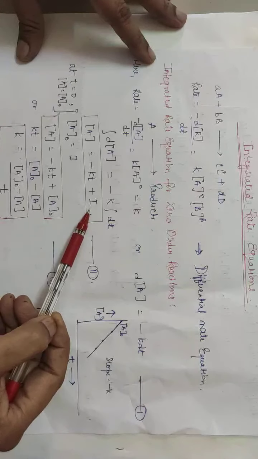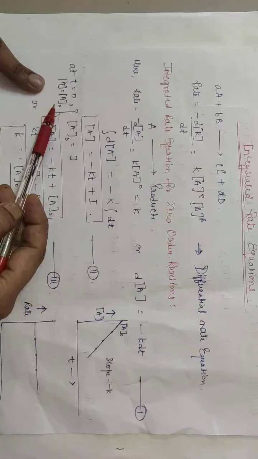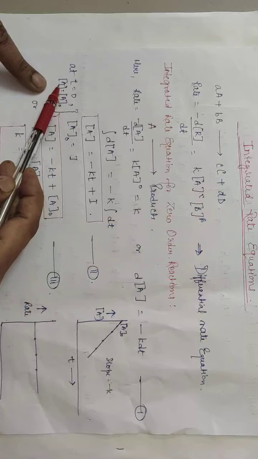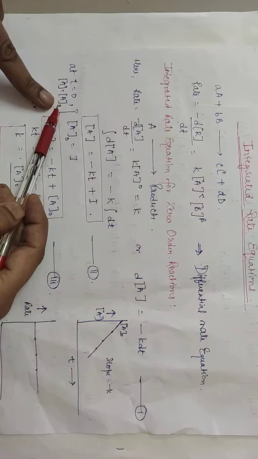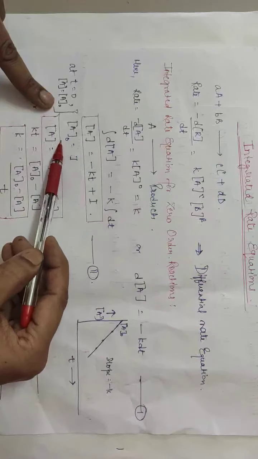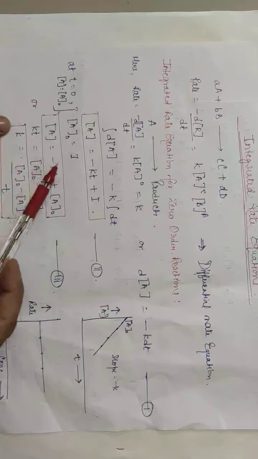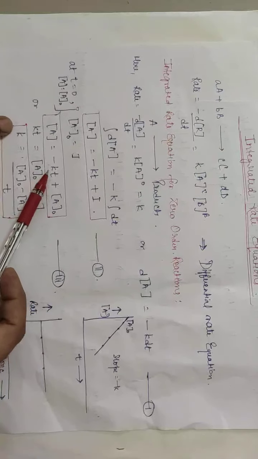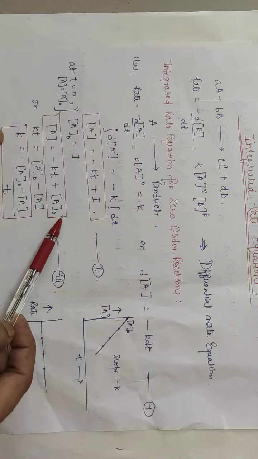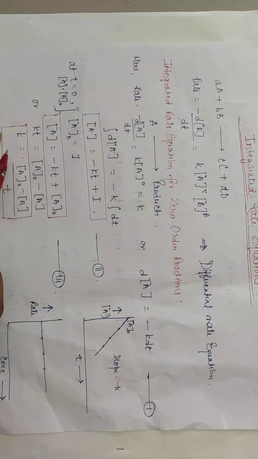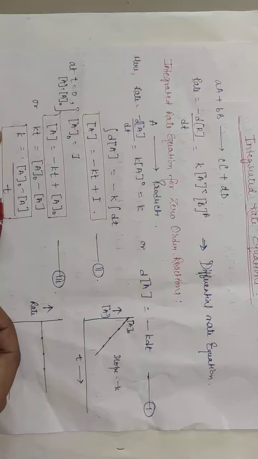So I is represented. Now at t equal to 0, A is equal to A naught. A naught is the initial concentration. When time is 0, the molar concentration of the reactant will be equal to the initial concentration. Putting this value in equation 2, we will get A naught is equal to I. Now putting the value of this integration constant in equation 2, we will get molar concentration of A is equal to minus Kt plus A naught. Rearranging this, we will get the value of rate constant as A naught minus A upon t.